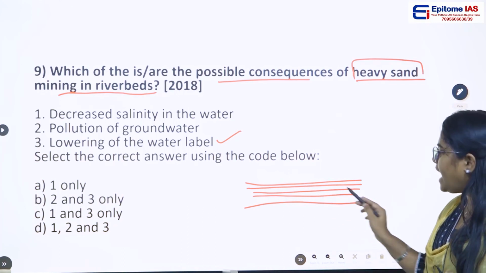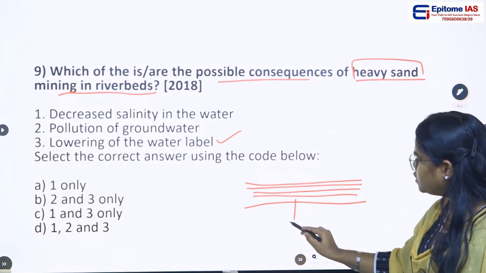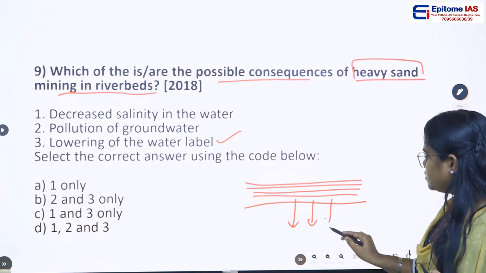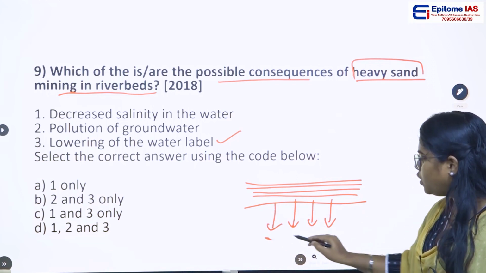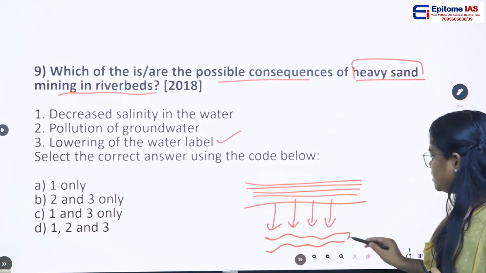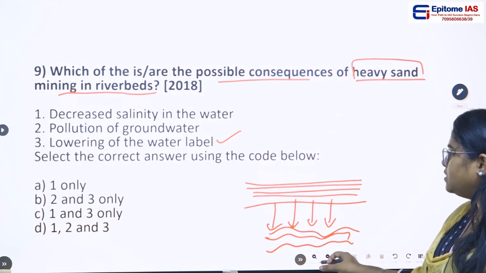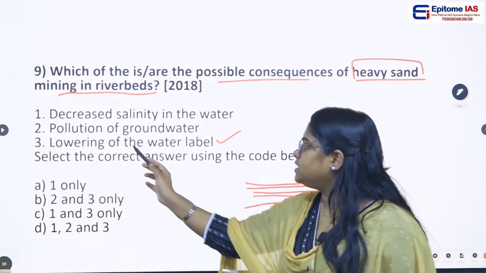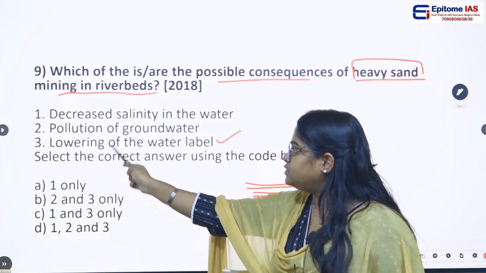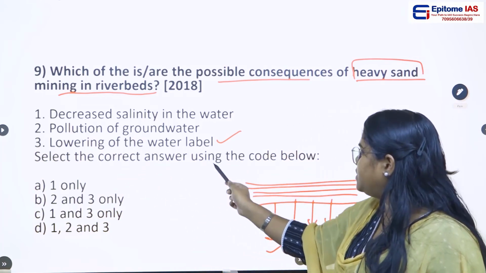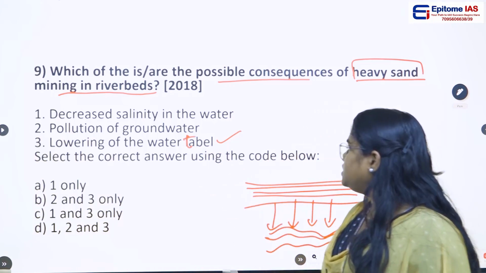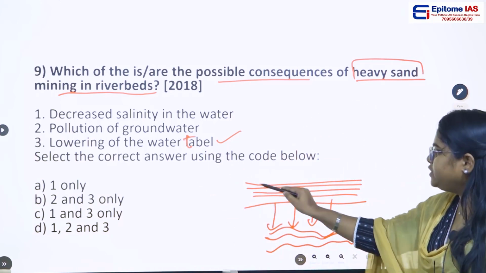So these sand aquifers help in the absorption of the water. So what will happen? The groundwater table, it will help in the maintenance of the water level in the groundwater table. So here what they are saying, it actually leads to lowering of the water table. Yes. Why? Because when you are removing this